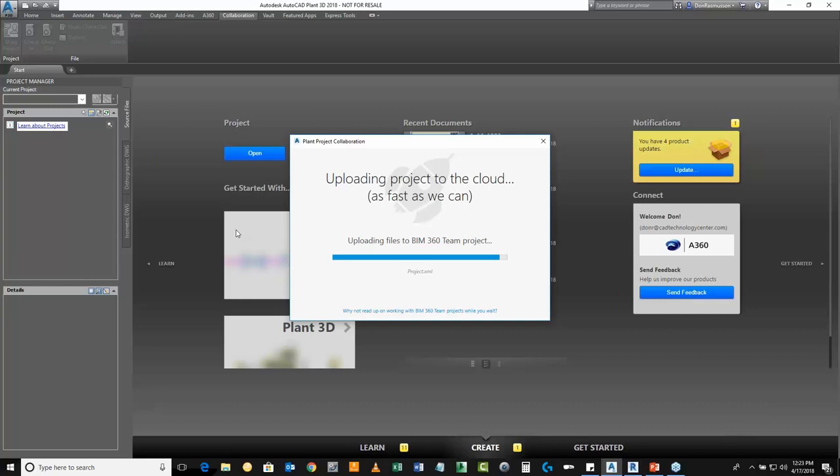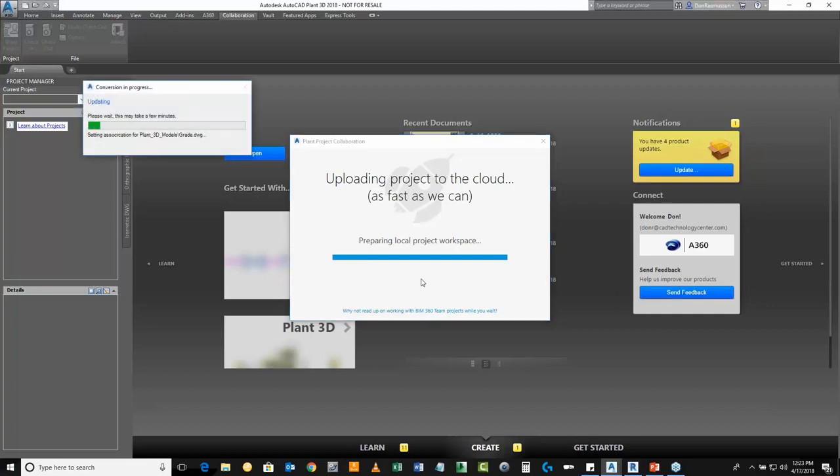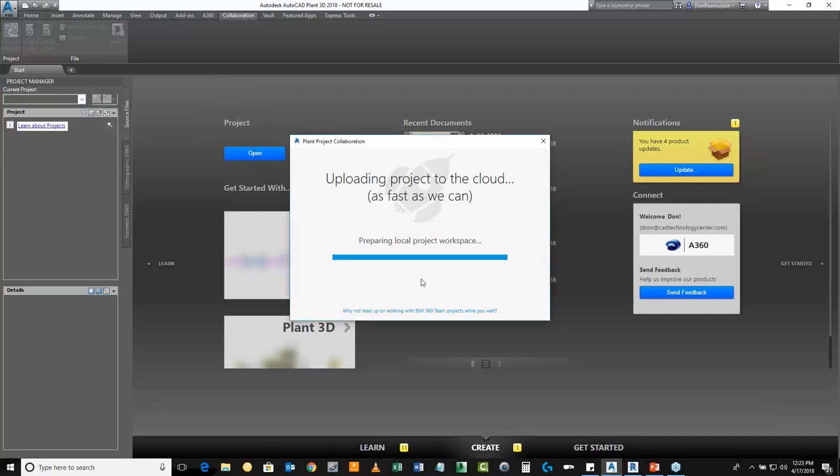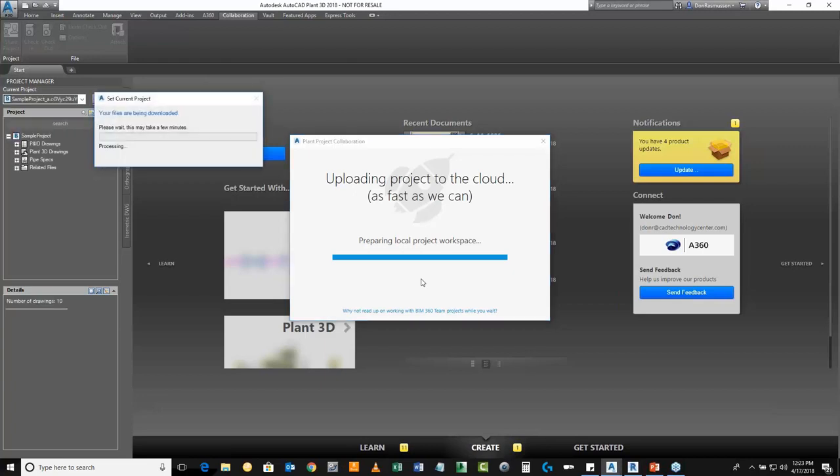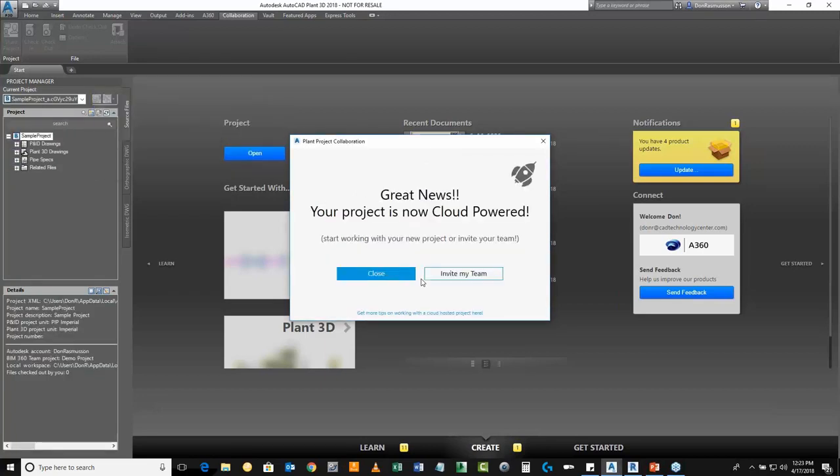So we see this thing is almost done uploading here. Seems to be going pretty quick. One thing, if you can see on my screen where it says it's loading the project XML right now, I'll take a moment while this is loading to talk about that. The project XML is a really big part of PNID and Plant 3D. In essence, it's the director of all the information inside of that environment. If you get into PNID and Plant 3D, you're definitely going to want to get some knowledge on that project XML and how it works. Okay, so now I'm going to go ahead and close this,